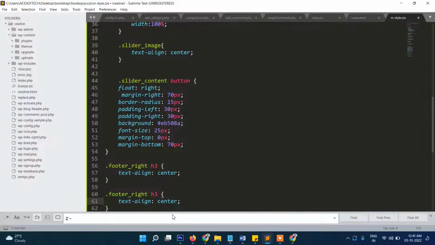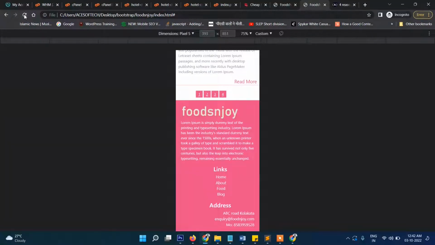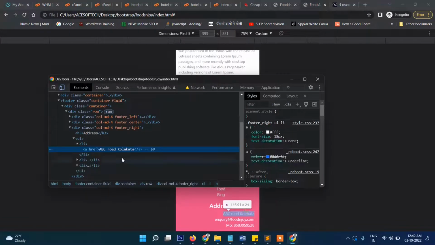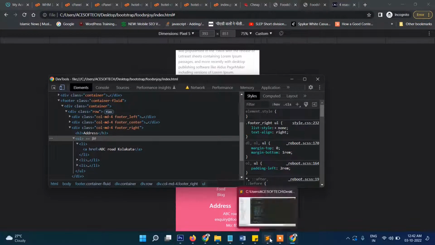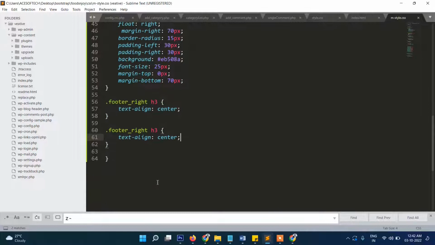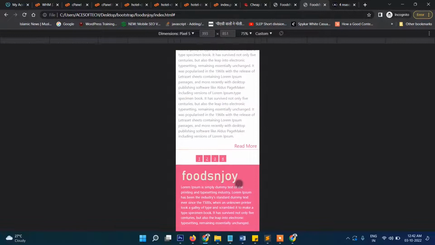Center. Footer right UL. Footer right UL. Yes, perfect. Now you can see